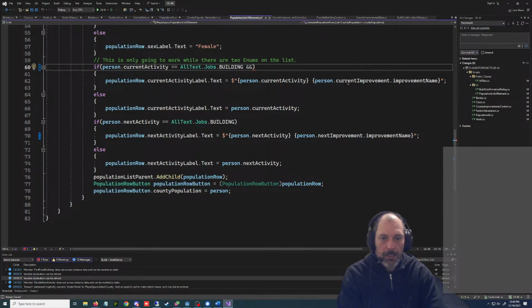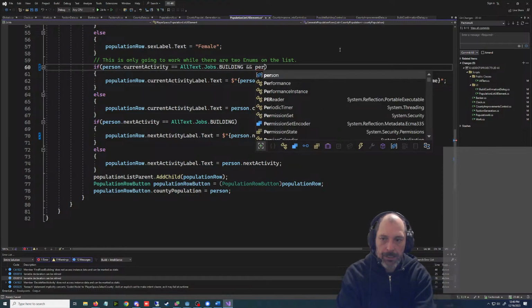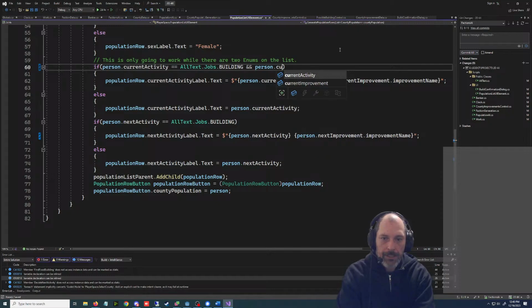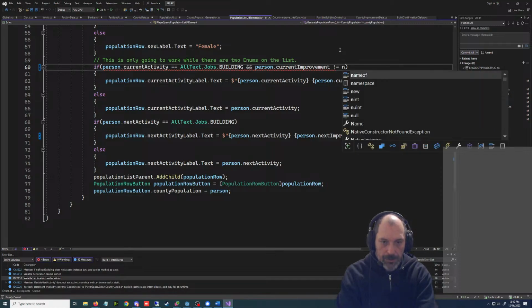Their current improvement is gone at that point, so it's null. And person dot current improvement, this is not equal to null.